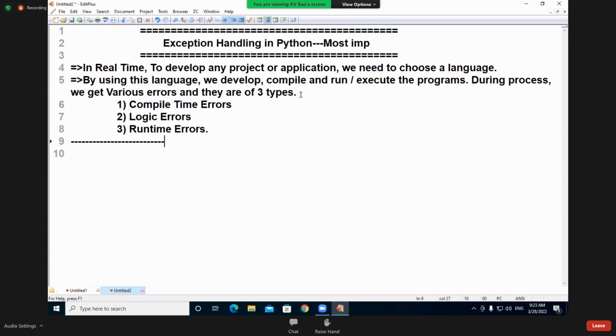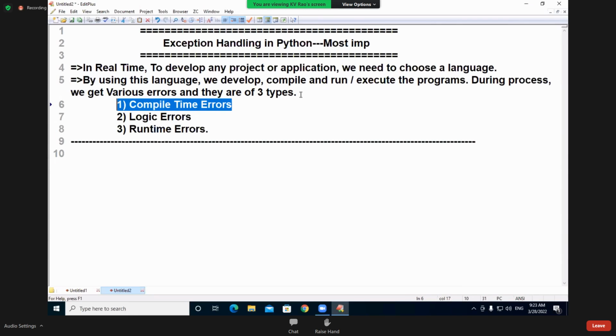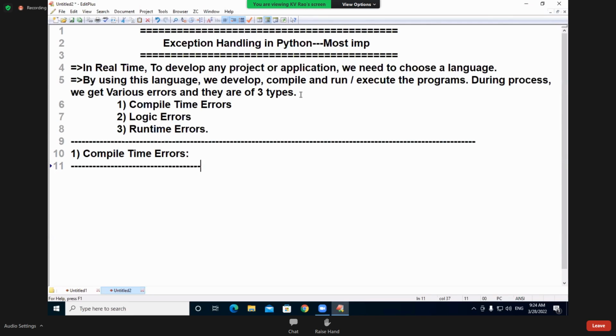So first I will speak about compile time errors. How easy they are. Simple. So let us start with compile time errors. Why are these compile time errors coming? Now I am writing.